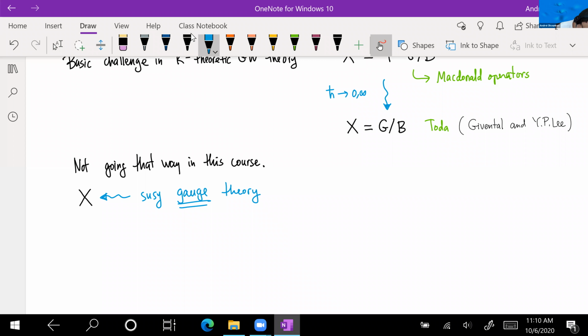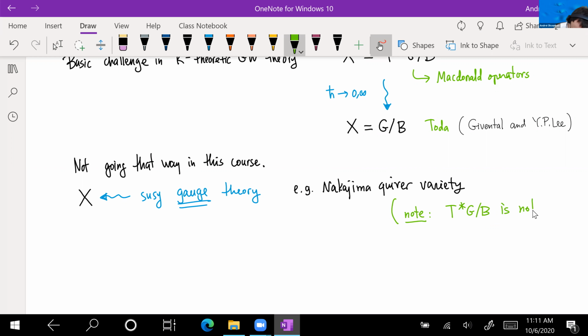And so then this means that X would be, e.g., like a symplectic variety. And maybe I should note, since I just have this information on the whiteboard, that T star G mod B is not a symplectic variety